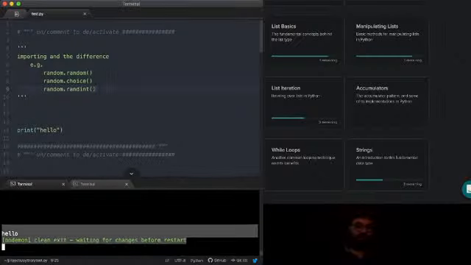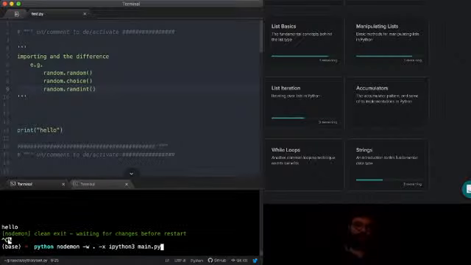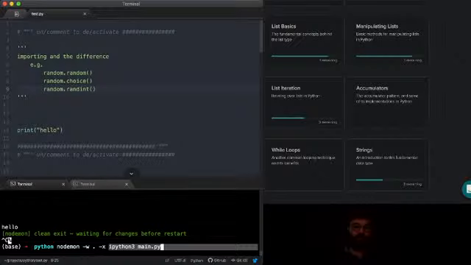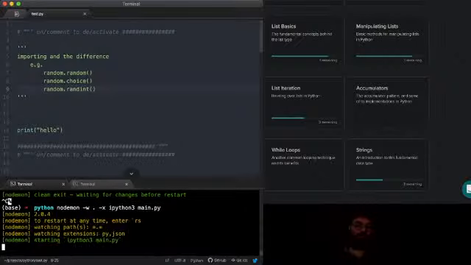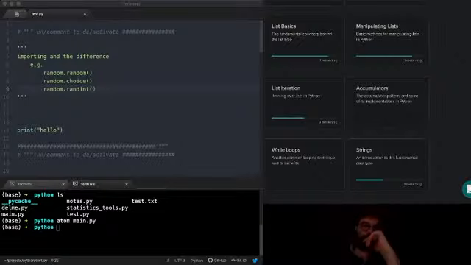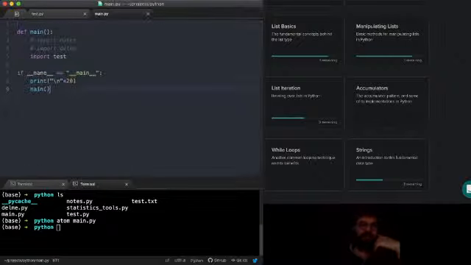What I'm doing is executing a file watcher. This says watch the whole directory for changes. If any file changes, then execute this command. The command to execute every time a file changes in this directory is ipython3 main.py. I'm just showing you this to show you what's in main.py and why it's important in this case. So let's open main.py. I'll say atom main.py. Let's take a look at it. This is all that's in main.py right now.